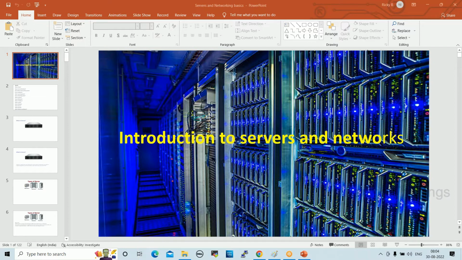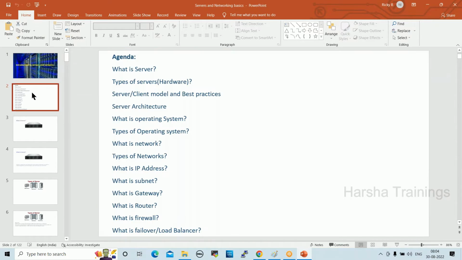Fine. Yeah, so yesterday we discussed servers, right? Server architecture, what is a server, types of servers, and different types of servers. And the first phase of implementation, second phase of implementation, third phase of implementation, and advanced architecture, which is the Docker architecture, right? And also operating systems and types of operating systems.